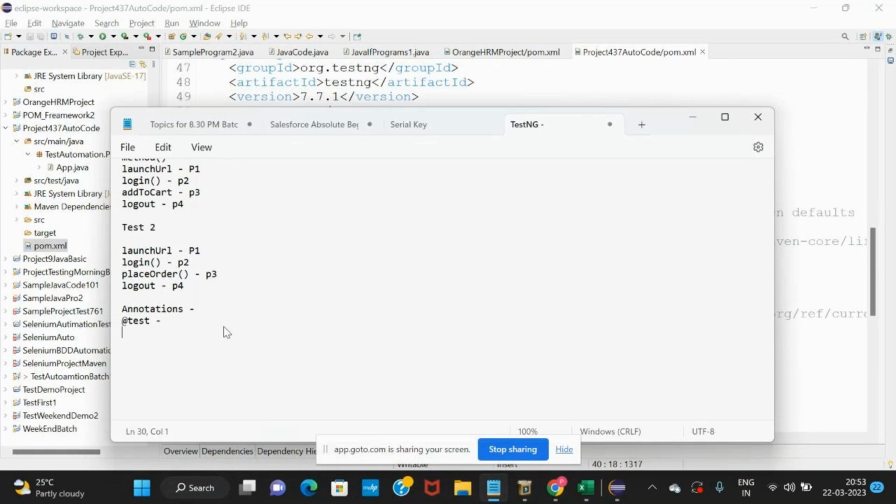If I write any method as a before class, then this method will be executed before that class is executed, before anything in that class is executed. Okay, we have before method. So this will be executed before,